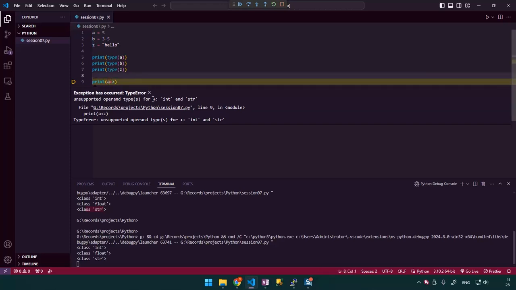So it says the operator plus cannot have an integer and a string added together. And it completely makes sense because there is no meaning. So in future videos, we'll talk a lot more about this, and you'll see you can create your own types, which is actually the philosophy of object-oriented programming.